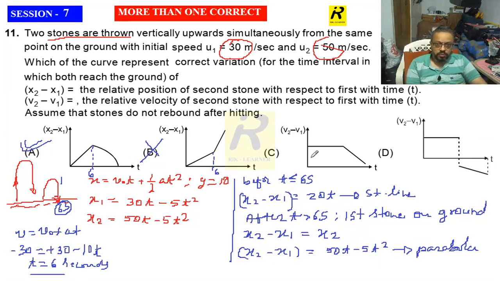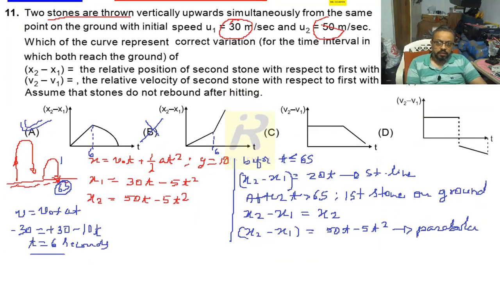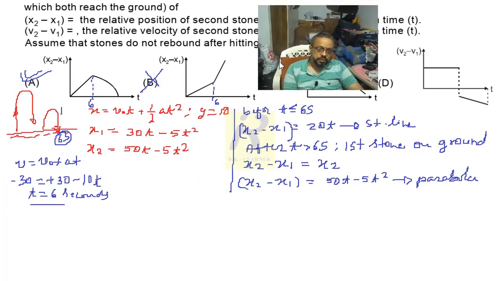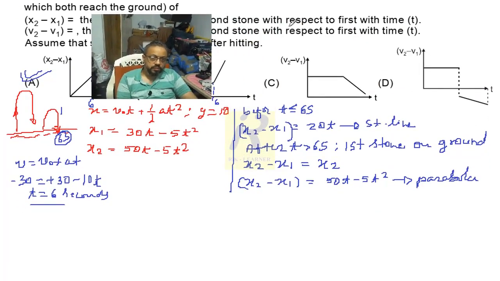But we have to do one more thing, that is about the graphs C and D. Know the nature of V2 minus V1 versus t. To know the nature of the correct graph, I am doing my calculation like this. Say before t is less than or equal to 6 seconds, V2 minus V1 will be equal to